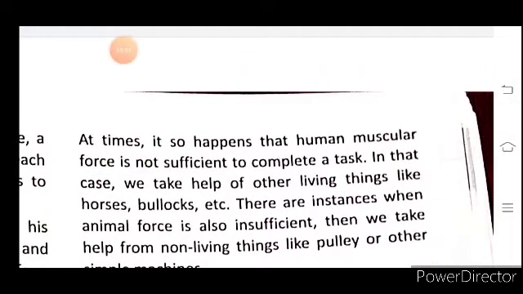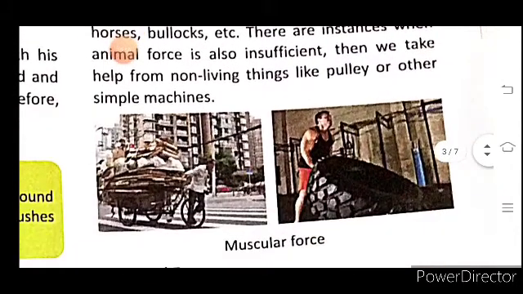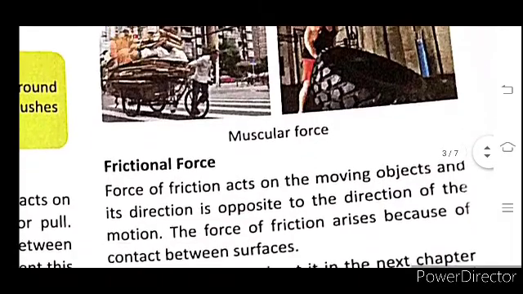At times, it so happens that human muscular force is not sufficient to complete a task. In that case, we take help of other living things like horses, bullocks, etc. There are instances when animal force is also insufficient. Then we take help from non-living things like pulley or other simple machines. अब हम पढ़ते हैं